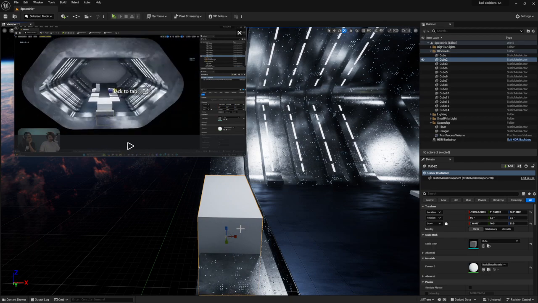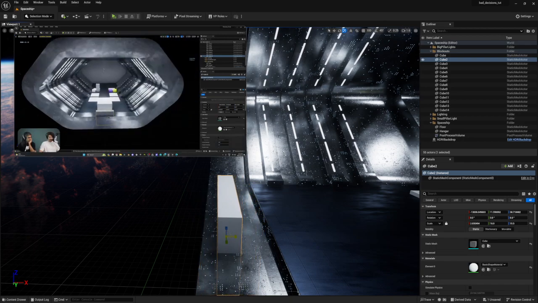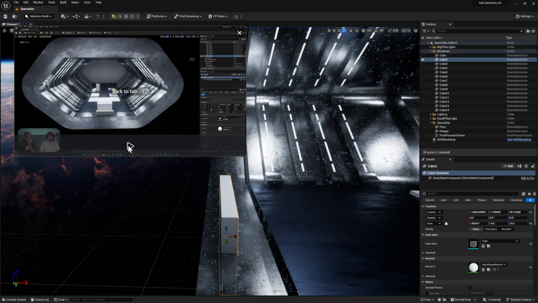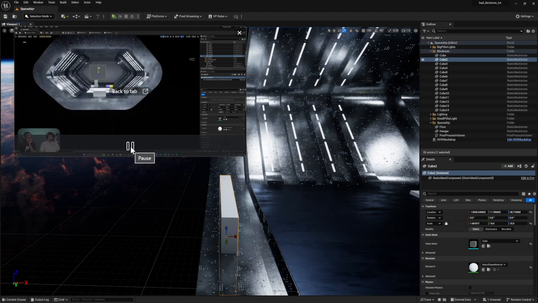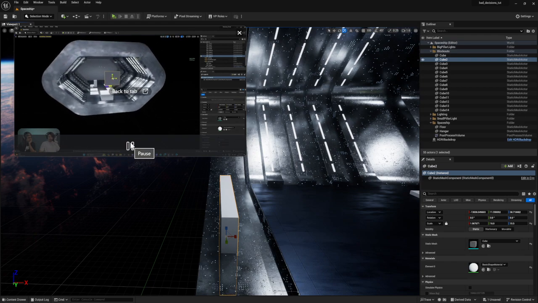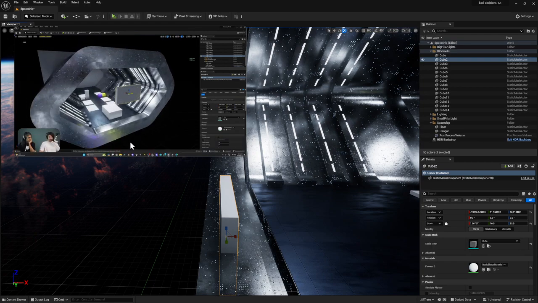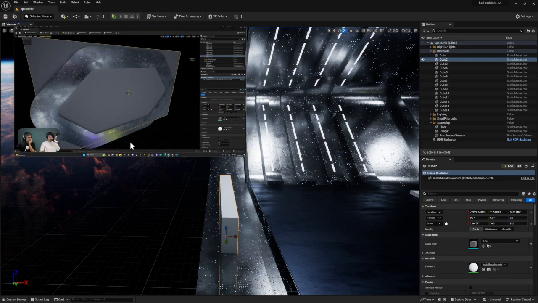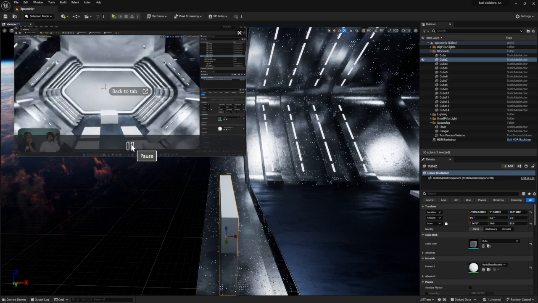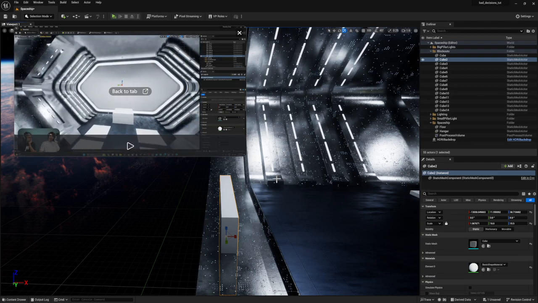And then I'm going to go ahead and lift this guy up, bring it to the middle. And then now I'm just going to scale it on this axis, which is the Y, and then on the Z to cover the glass. And we're going to go in. Right now it's all blocked, but